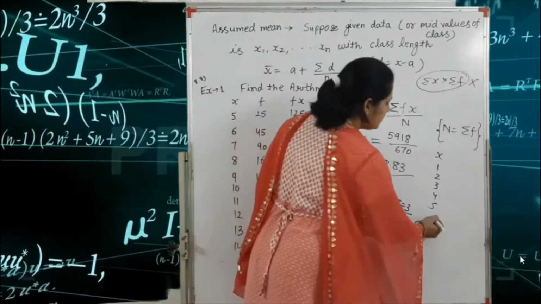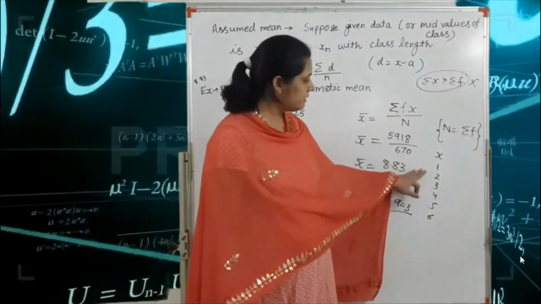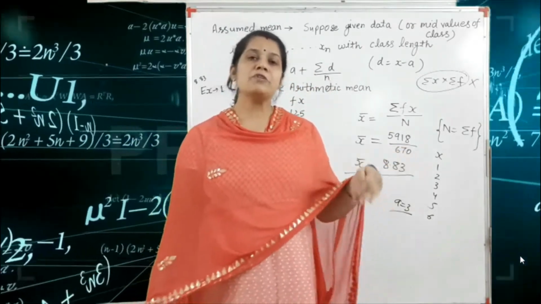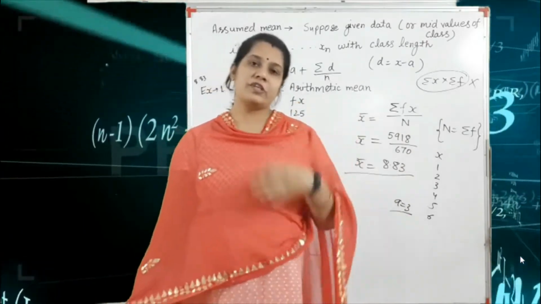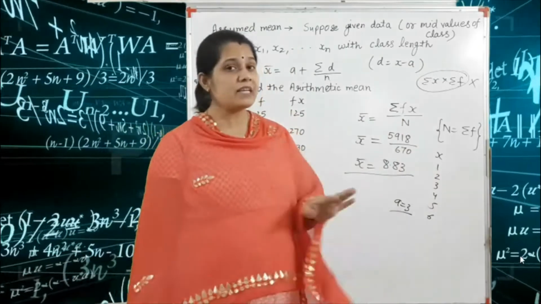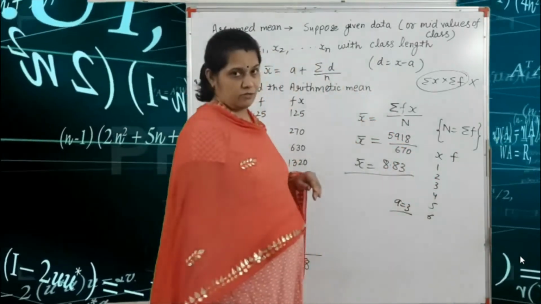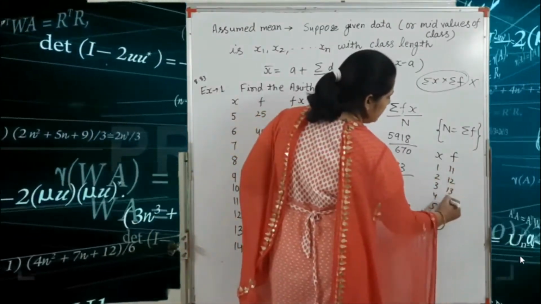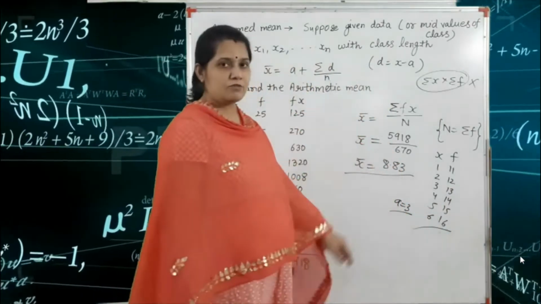Sometimes the number of terms is even. Okay, so in the median term we have the two values 3 and 4. So you can consider 3 or 4, both are correct. If you consider 3, so 3 is correct, and if you consider 4, so 4 is also correct. But sometimes in your question we are given the value of f. Okay, and for example, the value of f is 12, 13, 14, 15, and 16. For example, your question is given in this format.